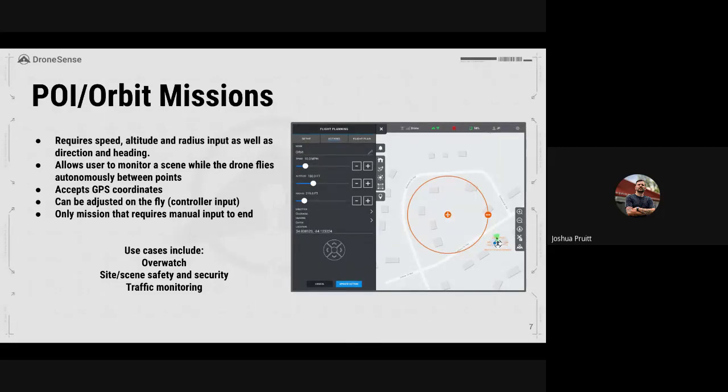Of all the three flight planning tools that we have, this is the only one that requires manual input to end. So right now, you set up an orbit mission. The drone is going to fly to that point and start orbiting around that point of interest until you tell it to stop. Perhaps in the future, we'll have the ability to set a certain number of orbits before the drone either moves on to its next task or before it comes back and lands. But right now, you have to give it that manual input to say, hey, stop orbiting